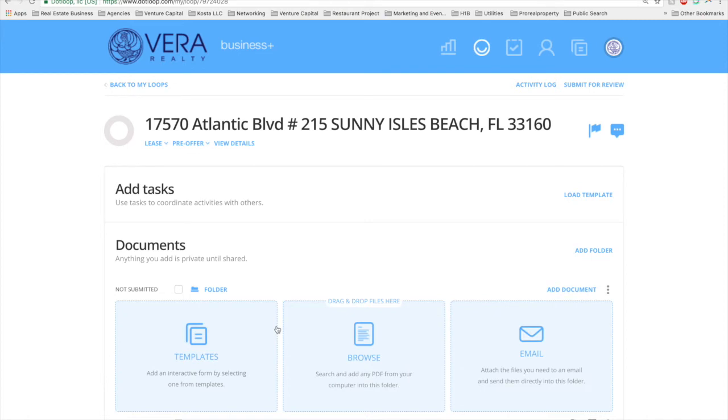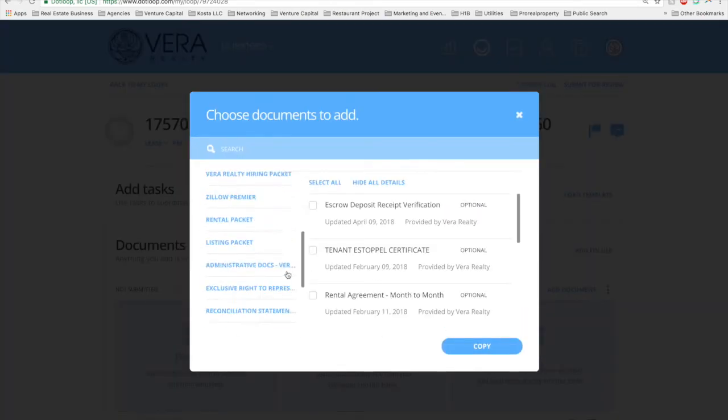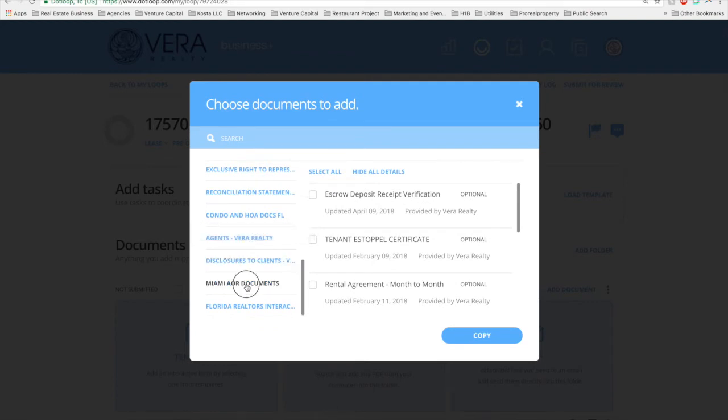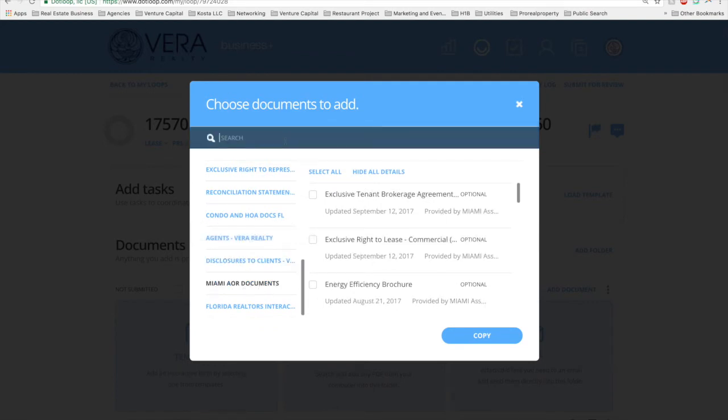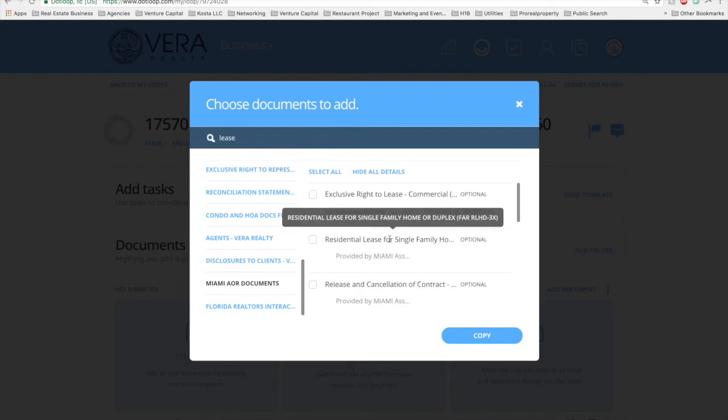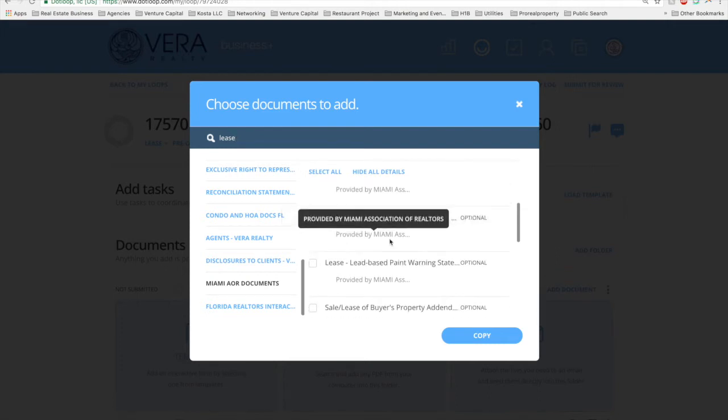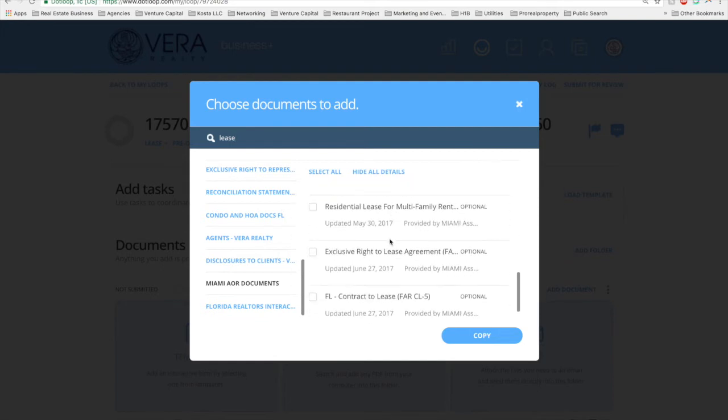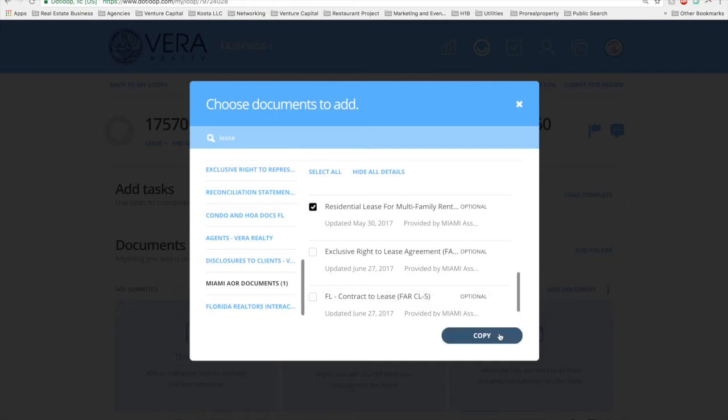So here we click add document, we go into templates, then we go to Miami Association of Realtors and we type lease, and it will say residential lease for single family home or duplex, and we need to find another one for multi-family. So here we go, residential lease for multi-family rental housing. So click here, copy,